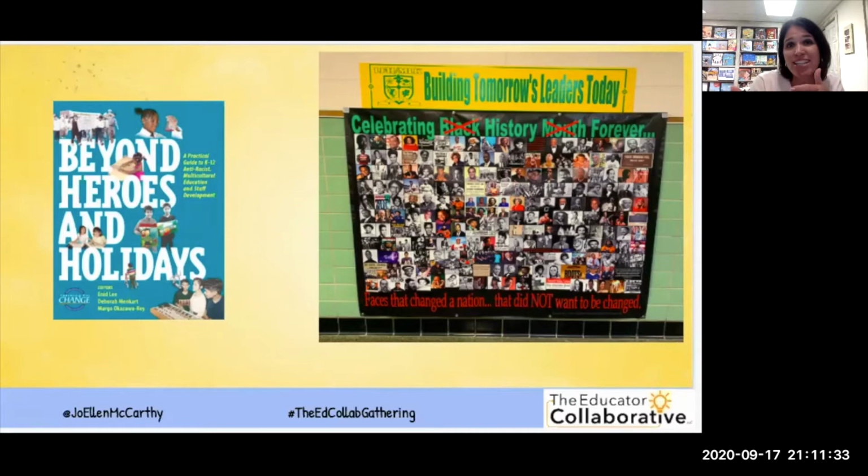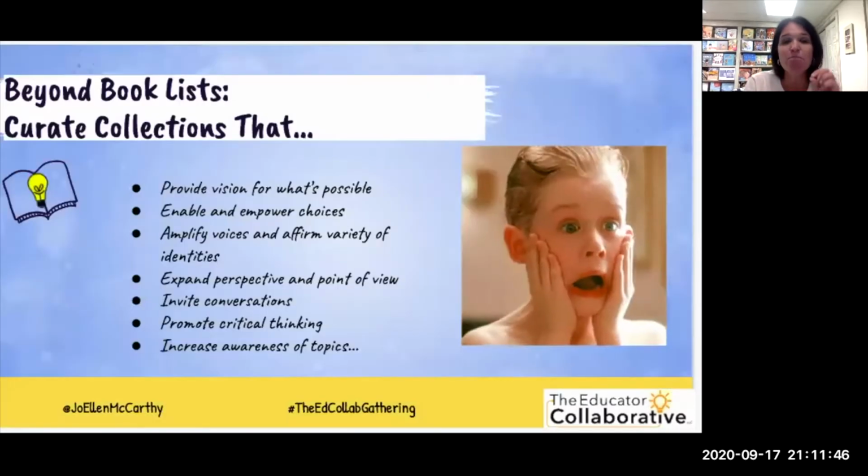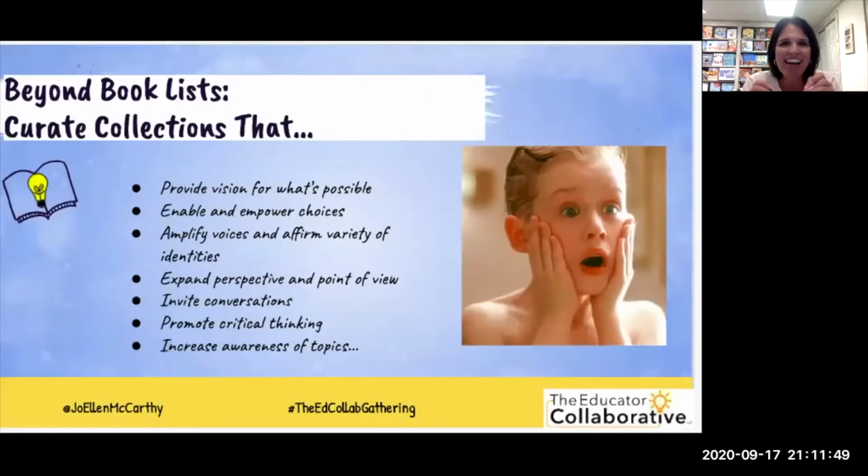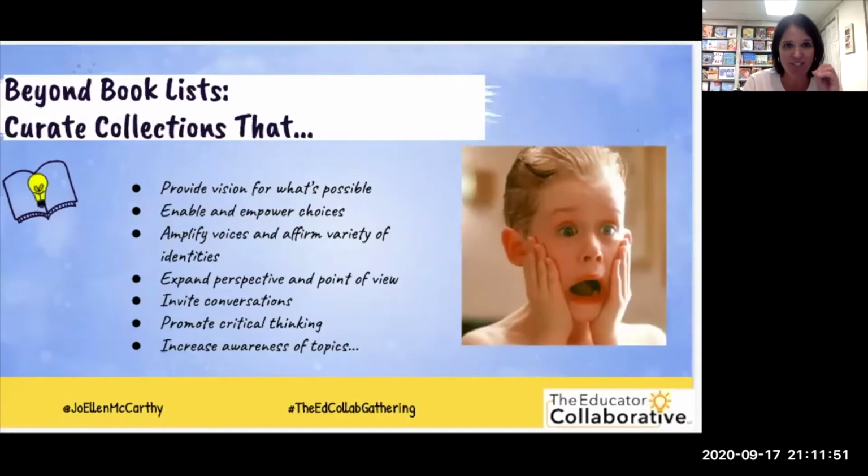So when I think about Read Alouds and harnessing the power of Read Alouds, I'm going to share some examples with you that demonstrate this thinking and this work. But I have a little caveat, and that is beyond books. I have often been in company with teachers where they'll say, oh, what is that book that you have? Or maybe you're looking right now and you're saying, oh, what is that book on Joellen's shelf behind her? And oh, I need that book. I would like you to consider, instead of thinking about how I need that book, to think more broadly about how I need books like that.